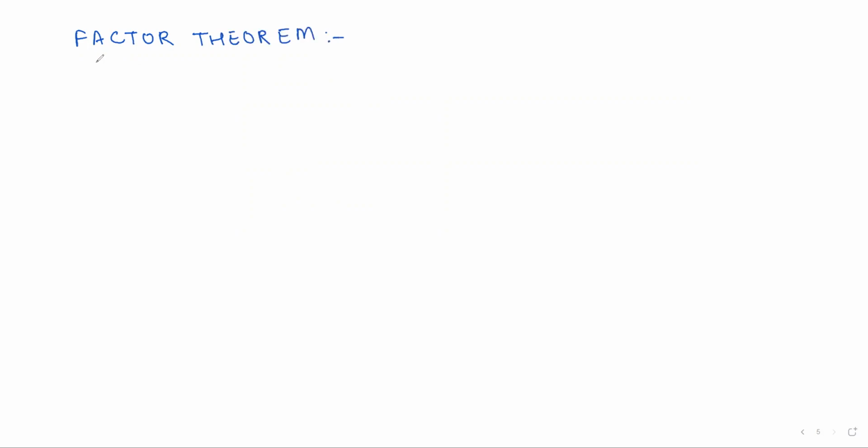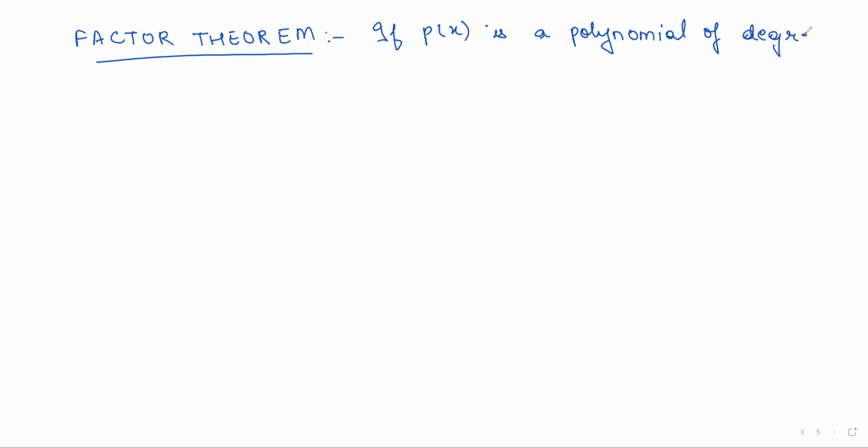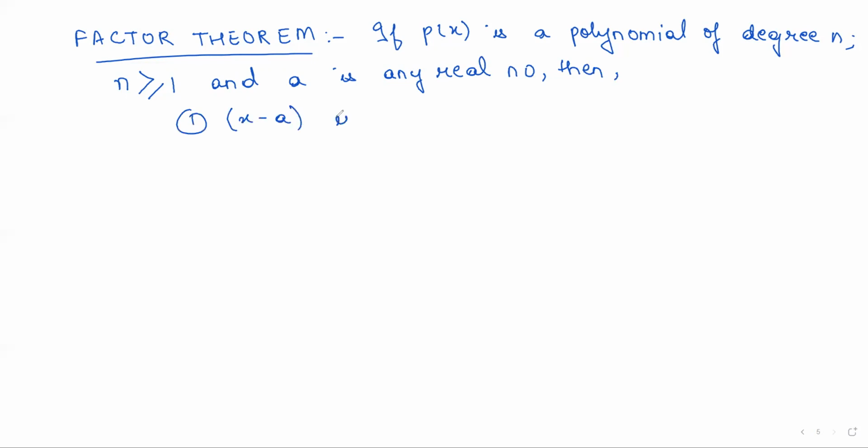Now, the statement of factor theorem is, if p of x is a polynomial of degree n such that n is greater than or equal to 1 and a is any real number, then first, x minus a is a factor of p of x if and only if p of a is equal to 0,